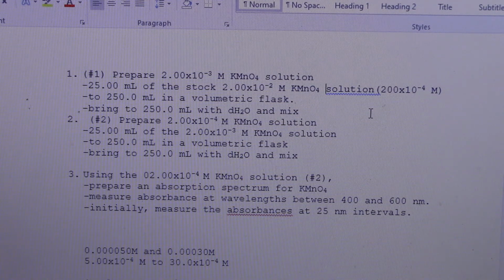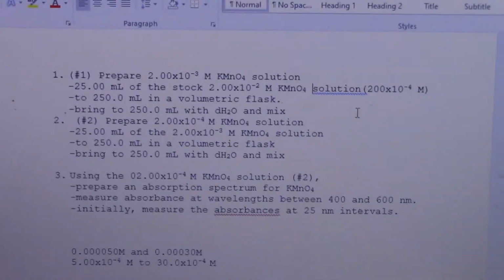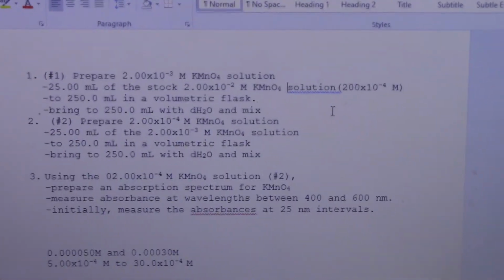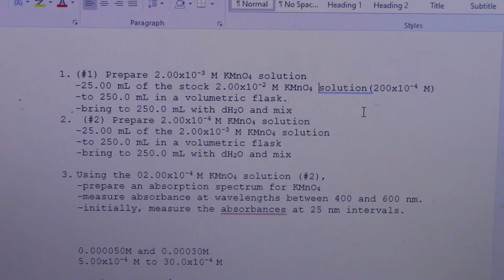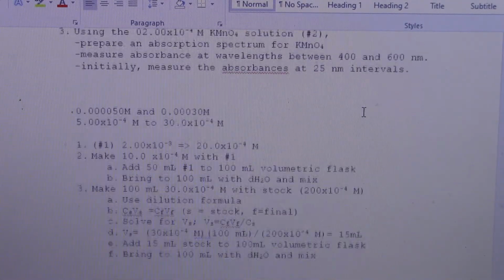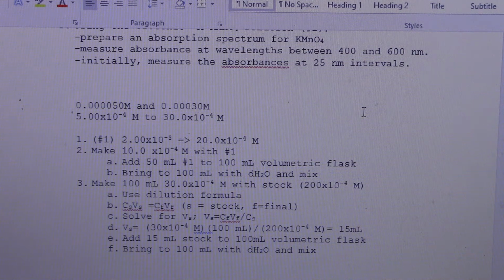Mix it up and label it. I'll probably just label them number 1, number 2. Okay, then, and we're going to use number 2 for the first experiment. Okay, now for the second experiment, the lab asked us to make 3 solutions that are between